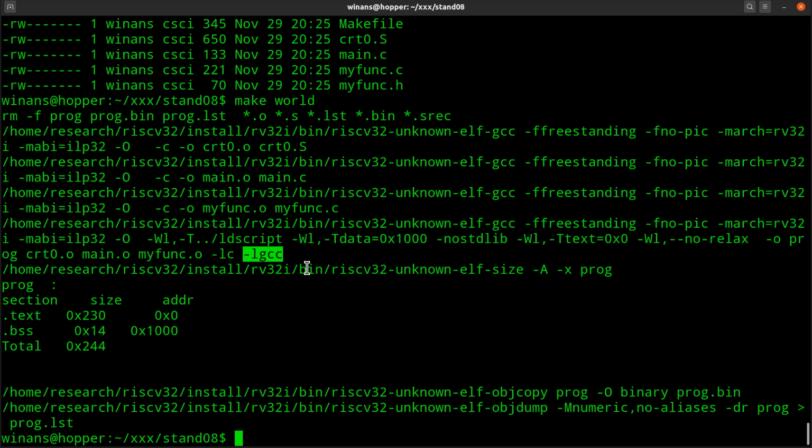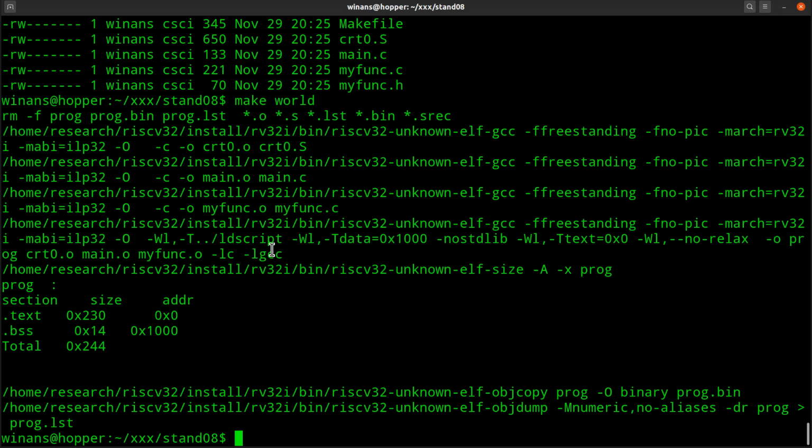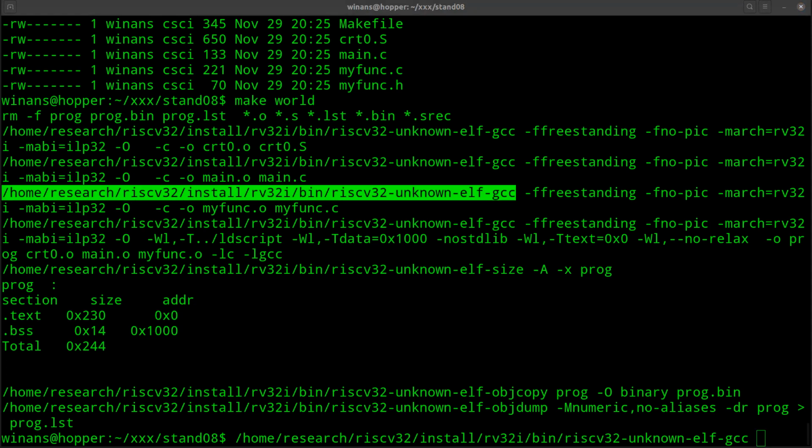Now I'll leave it as a task for the viewer to go romping through these things and see what's in there. I'll show you how to find them from this compiler. That's not too bad. It's a fairly straightforward thing. You can execute these commands that come with the compiler. Because the compiler is being run with a full path name like this, I've got to copy and paste that, right? You can say at any time,